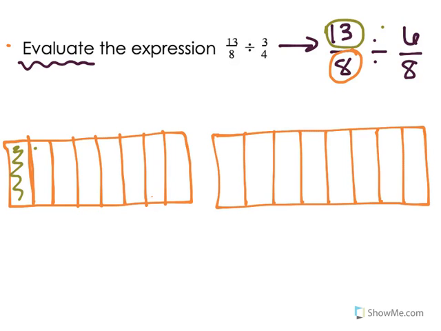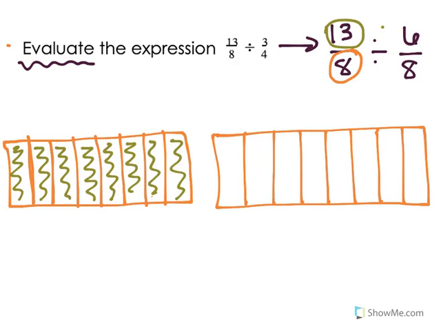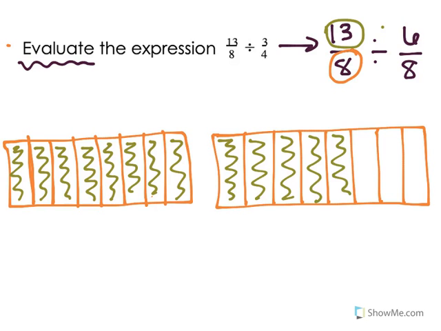So I have 1, 2, 3, 4, 5, 6, 7, 8, 9, 10, 11, 12, 13. I want to make sure I label it because that is part of the criteria for success for tape diagrams. So that is